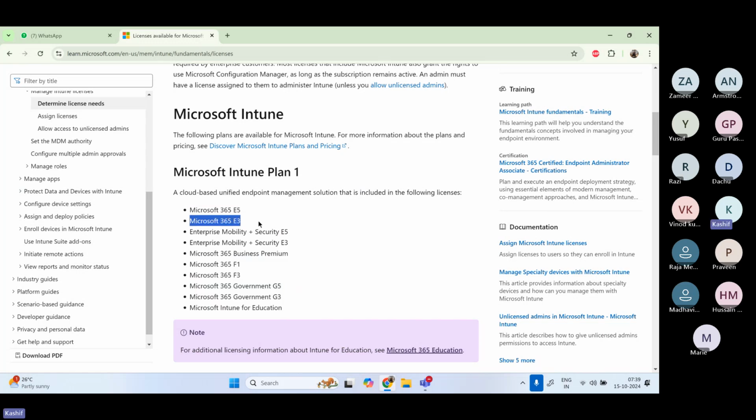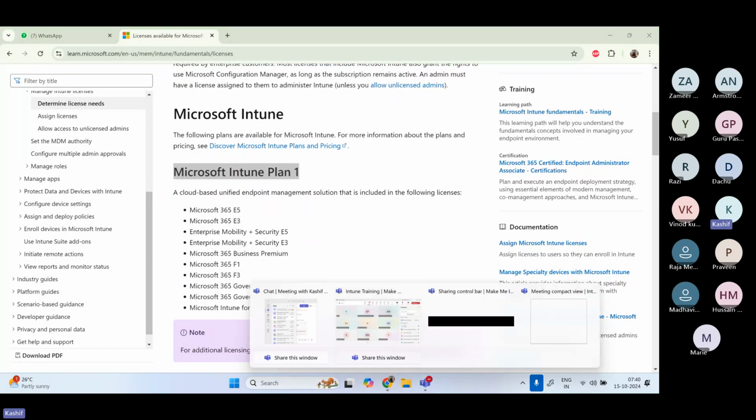So in production, we generally have these licenses, and people are using them, so Intune is already part of that. But if you would like to go with a separate, standalone standard license, then it is going to cost you $8 per month per user. For example, if you have,